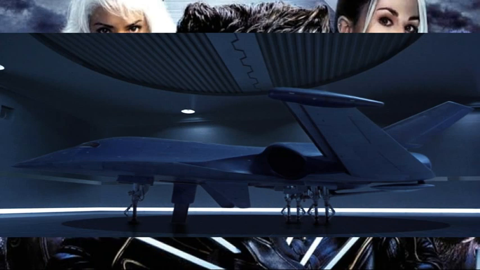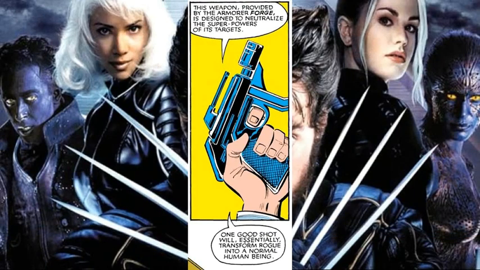But the Professor does not hold a grudge against Forge. He knows Forge's heart was in the right place when he first came to the X-Men prior to the events of the first movie, and he knows Forge would not have been sitting around building jets if he thought for a second his designs were still in the hands of the US government.